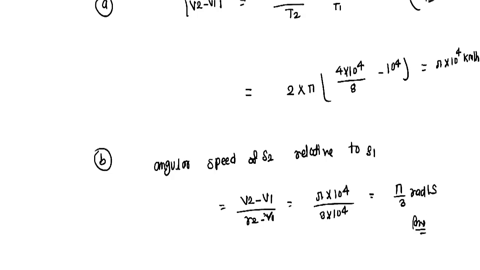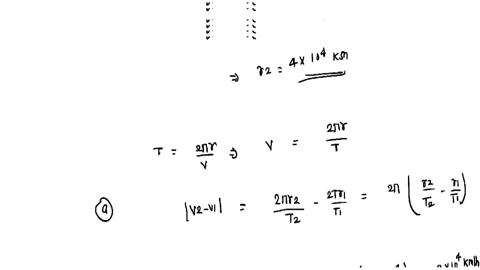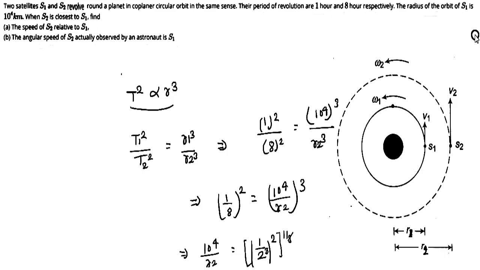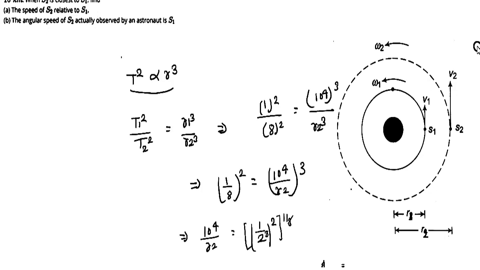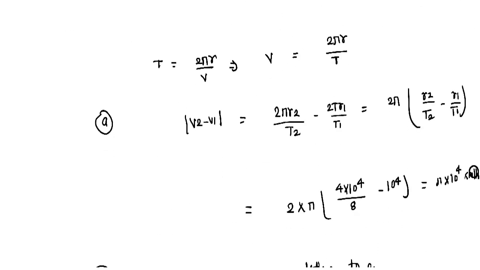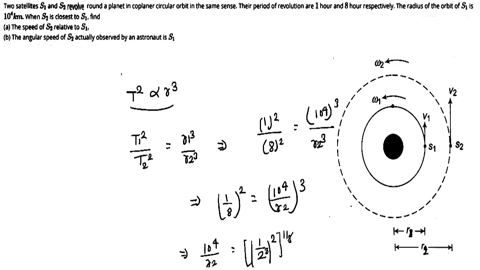तो हमको एंगुलर स्पीड ऑफ द S2 रिलेटिव टू S1 फाइंड करना था, वो π बाई 3 रेडियन पर सेकेंड हो जाएगा। एंड फर्स्ट में हमको फाइंड करना था कि S2 की S1 के कम्पेयर में रिलेटिव स्पीड कितनी होगी, जो हमने यहाँ फाइंड किया, वो π इंटू 10 के पावर 4 किलोमीटर पर आवर आया था। तो ये हमारा आंसर हुआ।